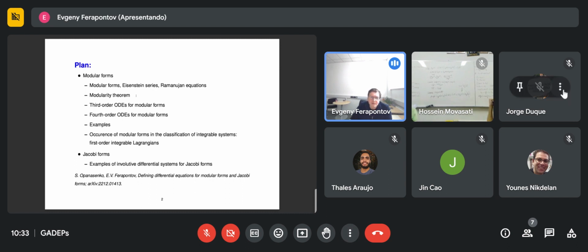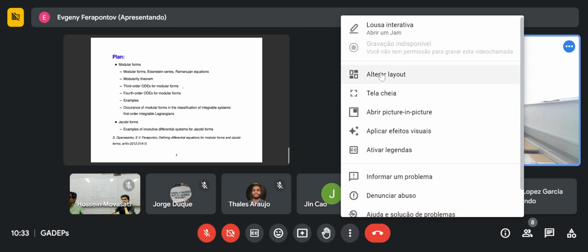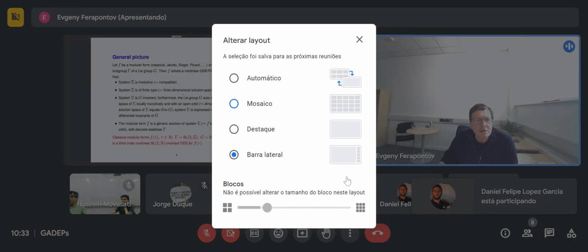And this observation, okay, I haven't seen it in the literature. Maybe you know this topic much better than me. I'm not an expert on modular forms. Maybe in some way this was known, you will tell me. Okay, after I review the construction of these ODEs,